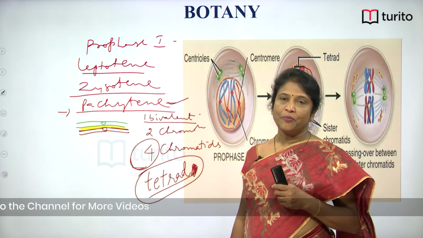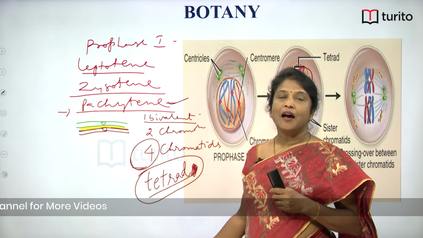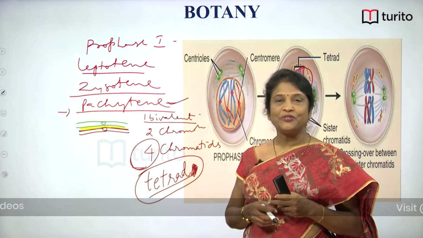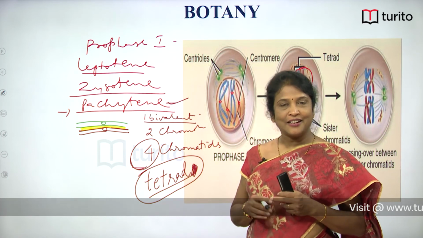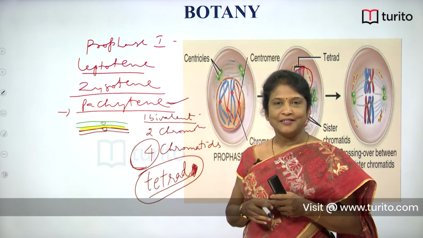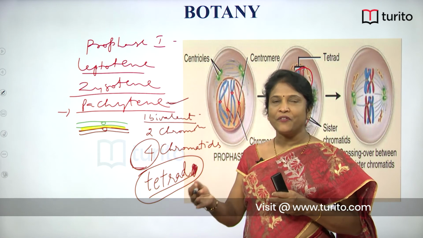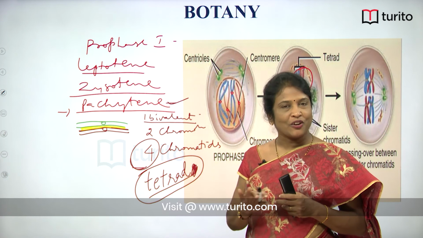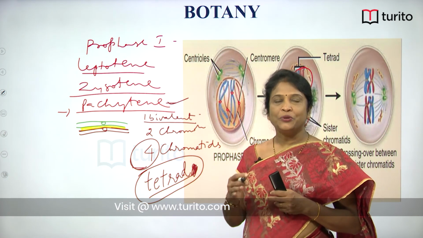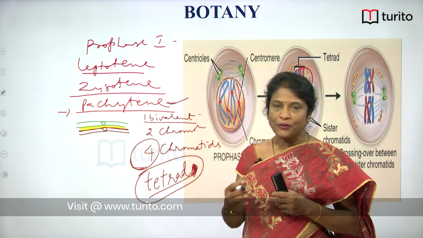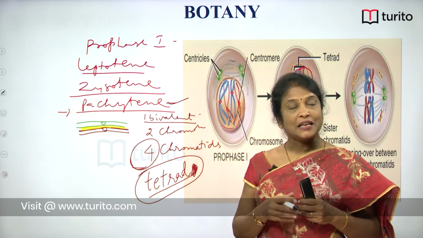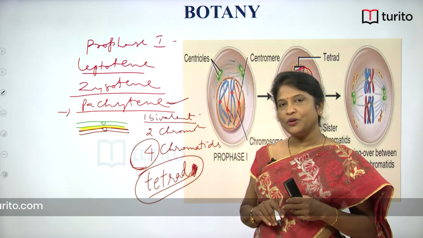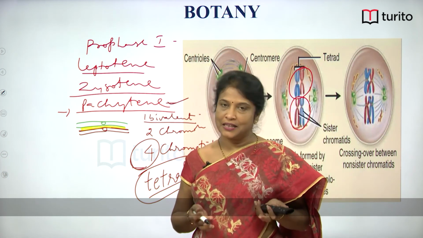So, if it is the human gamete mother cell, how many tetrads will be there during pachytene? Of course, 23 tetrads. A tetrad is nothing but a bivalent. During the zygotene stage we referred to them as bivalents. At that time the 4 chromatids in the bivalent are not clearly visible, but during pachytene, as the 4 chromatids in the bivalent are clearly visible, they are referred to as tetrads. So, tetrad number and bivalent number are the same.